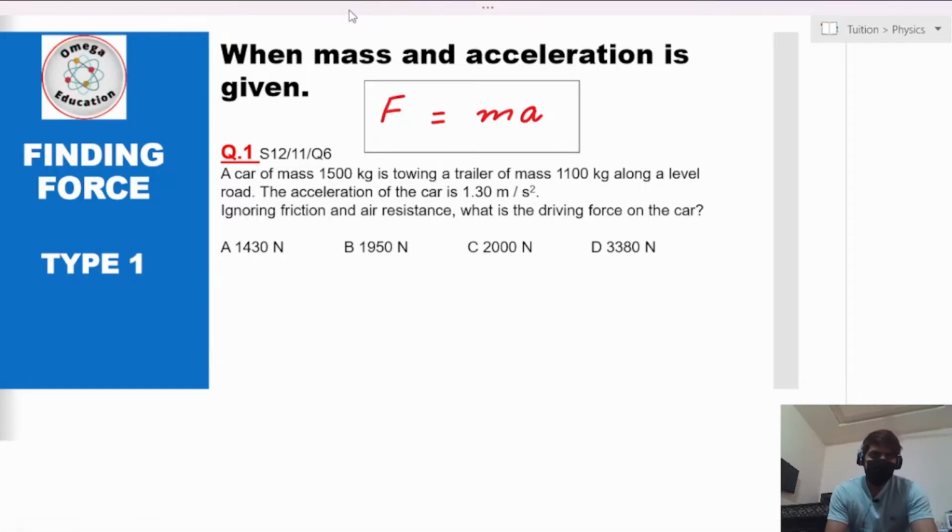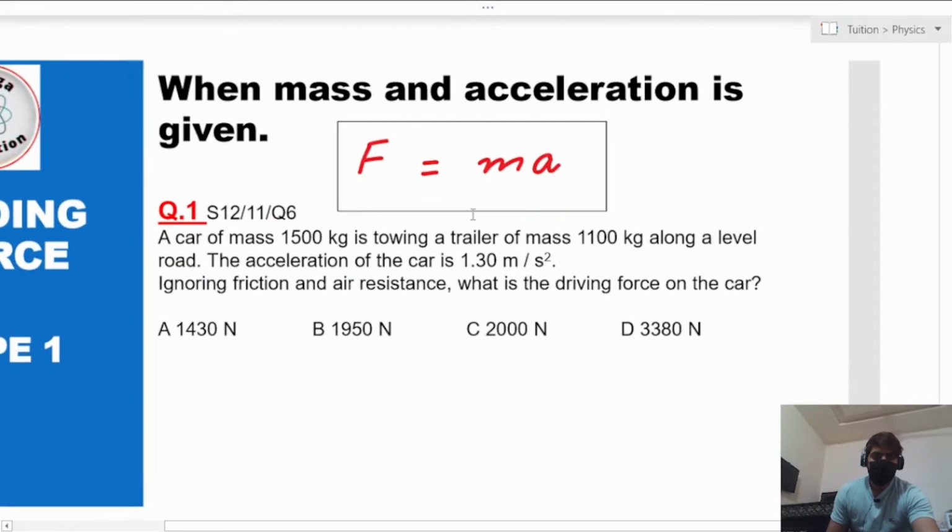Now, if I read the statement, it says a car of mass 1500 kilograms is towing a trailer of mass 1100 kilograms. So the car is not alone, it is pulling an object as well, a trailer. The trailer can be any other vehicle or anything else along a level road. The acceleration of the car is 1.3 meter per second square. Acceleration is given,